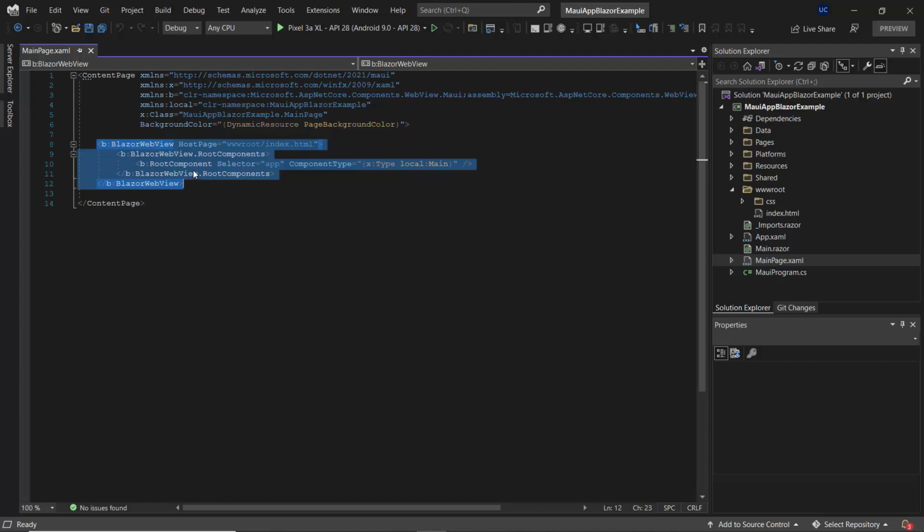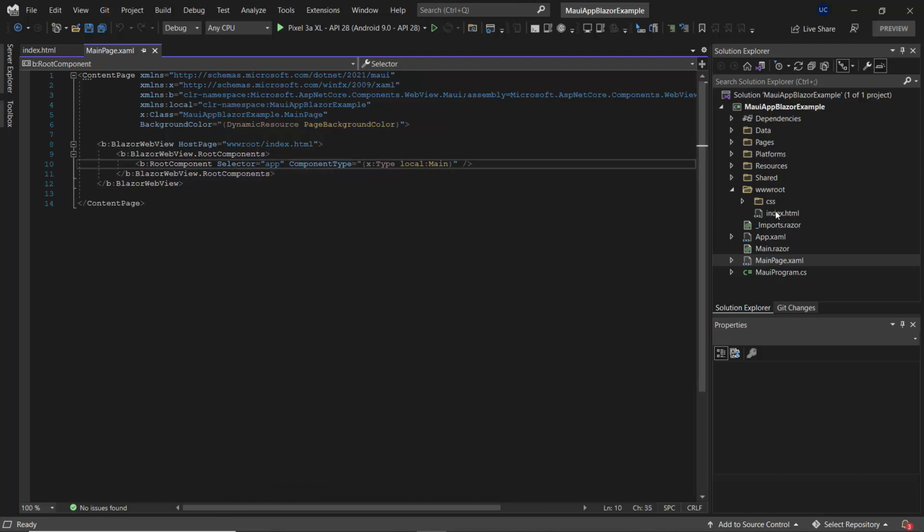So this Blazor web view control is usually set up in this MainPage.xaml. The root Blazor component for the app is defined in the main.razor component. Here you can see the component type is mentioned as main, and the selector is mentioned as app.